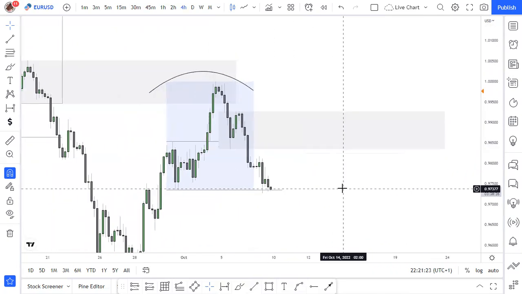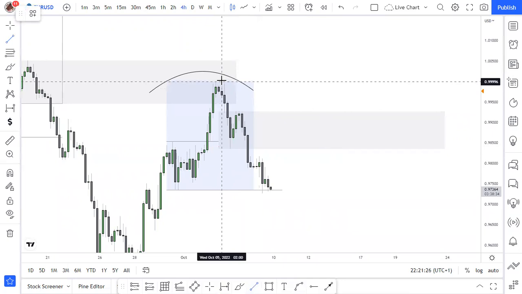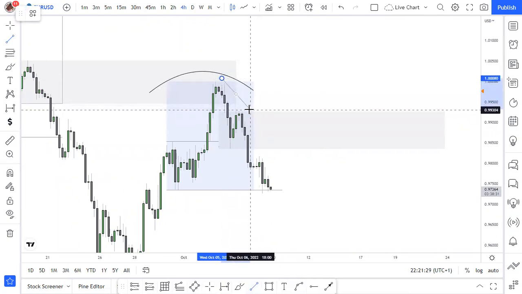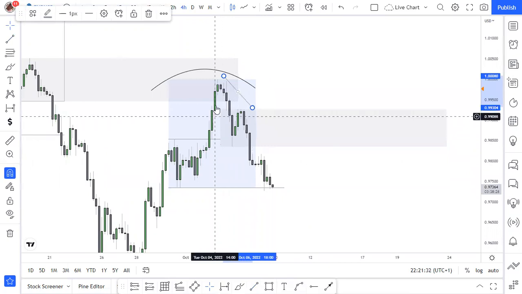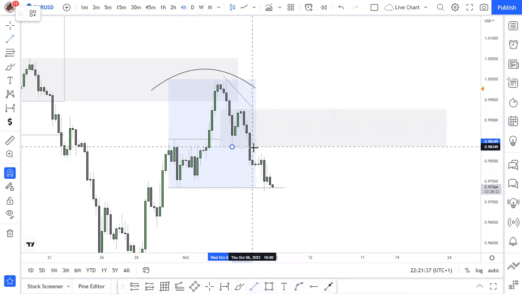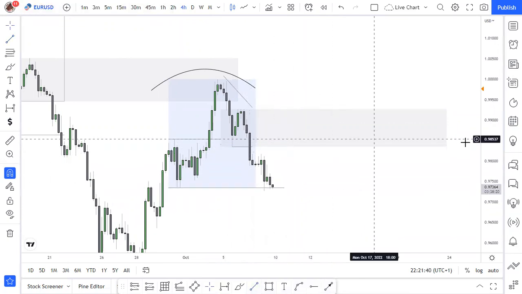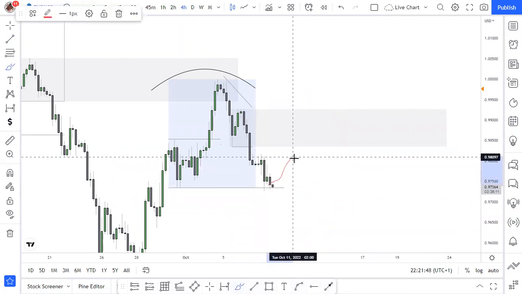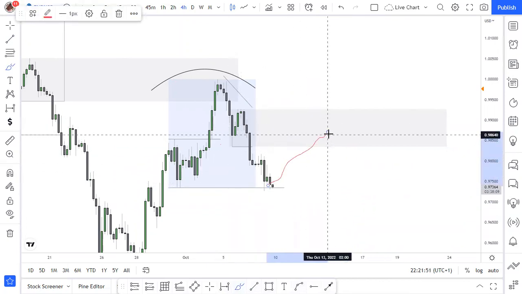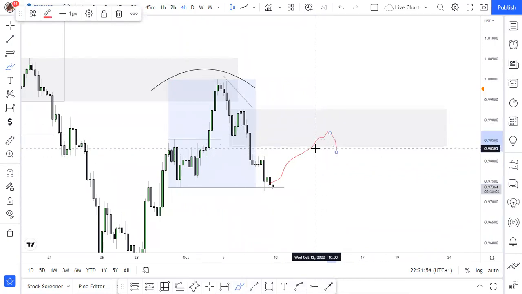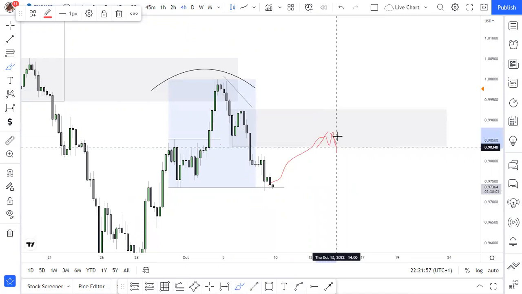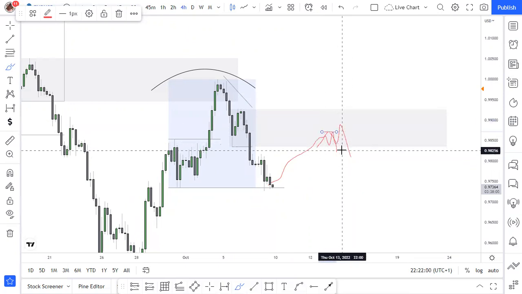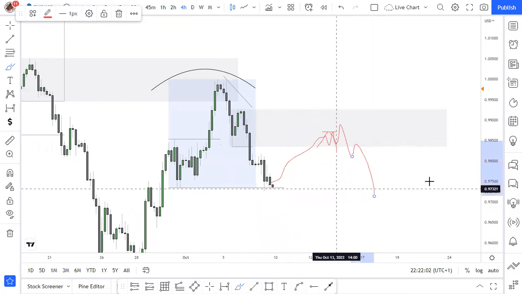So but there is another way we can still look at it. We can see that we had a shift in market structure here, in the sense that we have this high here, we have a lower high, price breaks this low, making a lower low. So it makes sense as to why price should pull back to this range. If the 4 hourly time frame pulls back into this supply range here, we can still look for sales. That's from studying what the 15-minute structure is doing, we can still look for sales within here to continue that